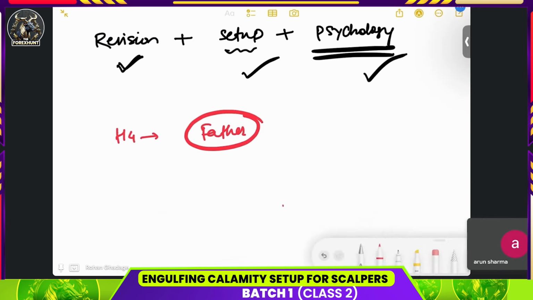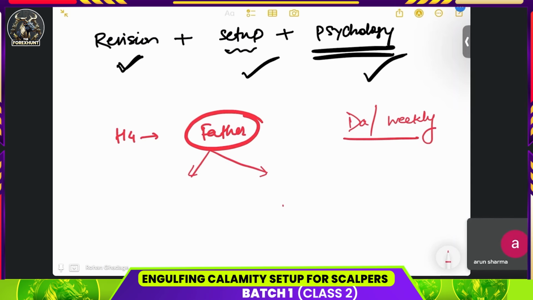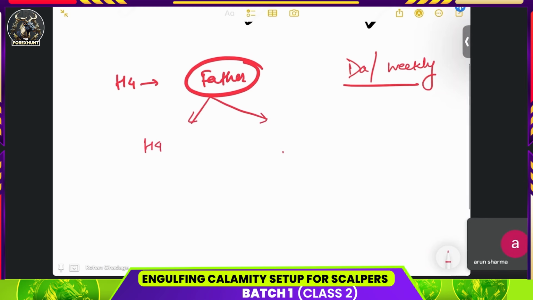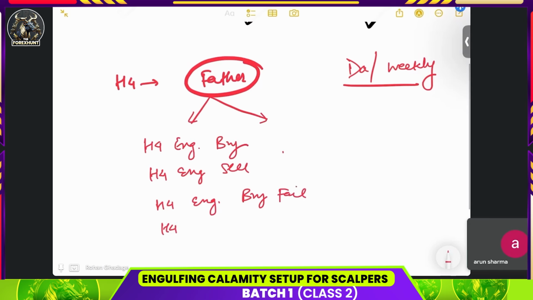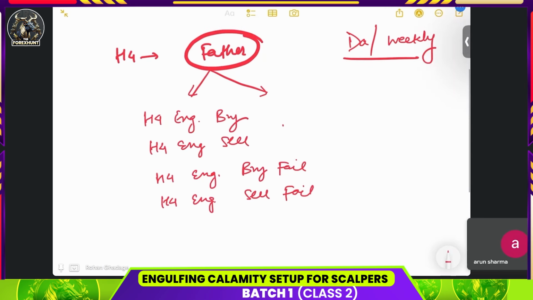Okay, this is the father. Daily and weekly is the direction. In H4, you need two things. We have H4 engulfing buy, H4 engulfing sell, H4 engulfing buy fail, H4 engulfing sell fail. So guys, you already know if we have an engulfing buy, the work of this engulfing